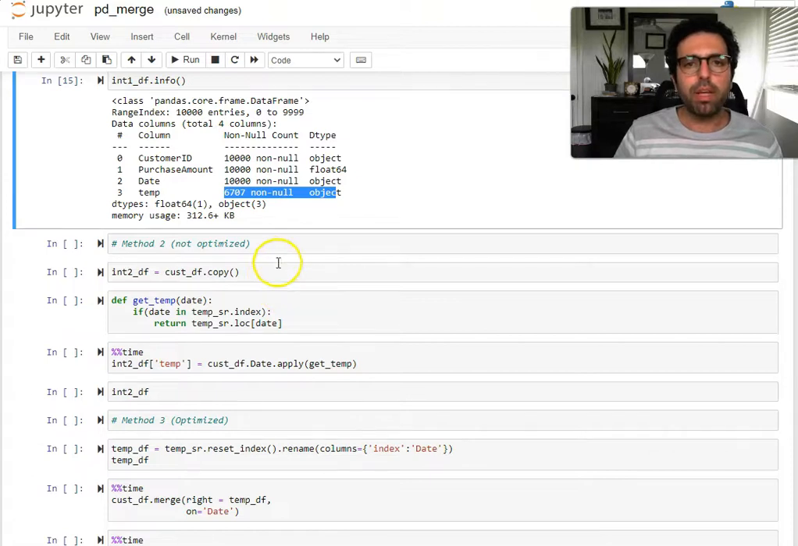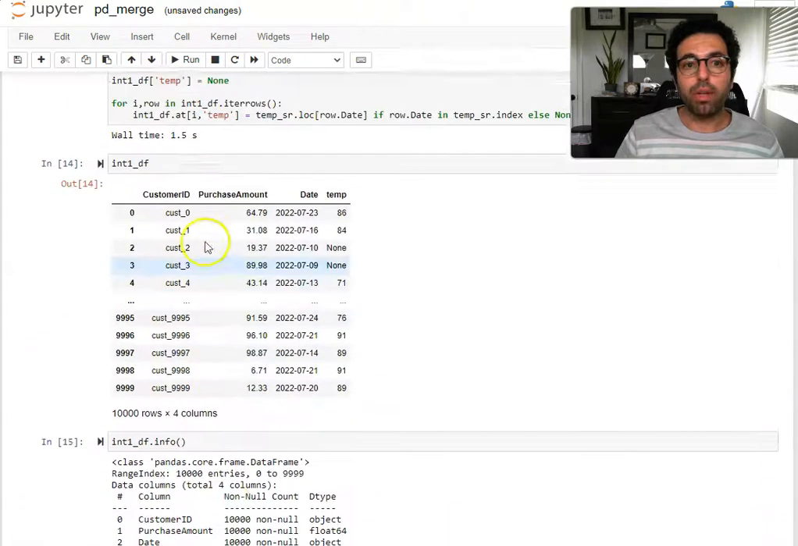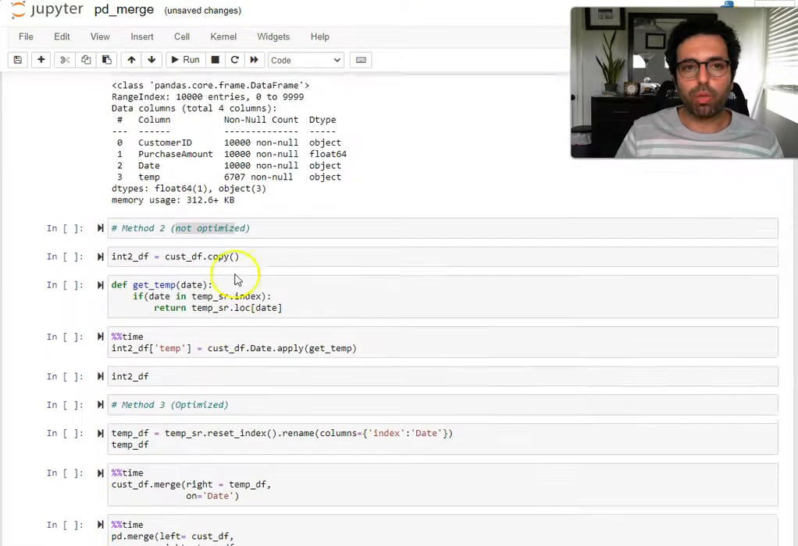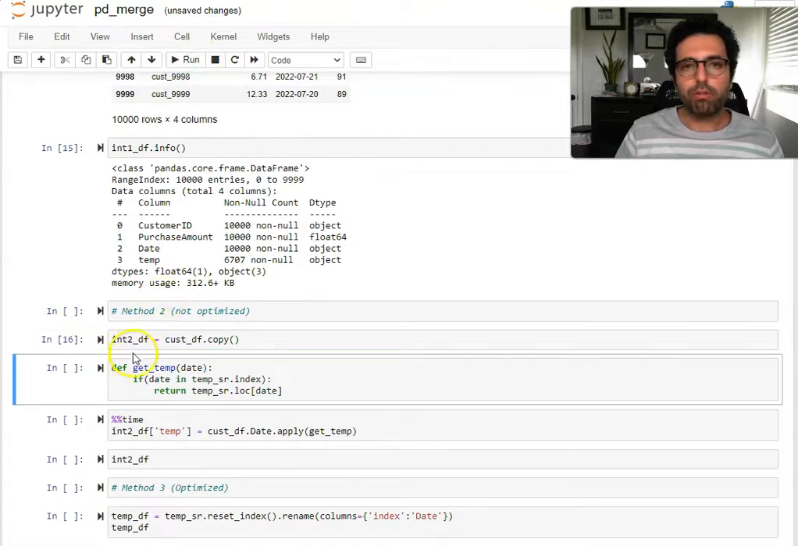The second method is using the apply function. This is still a better method than the previous one. We can see the improvement that we make from 1.5 seconds, but it's not an optimized way to go about this. For this one, first, again, we create another integrated DF to be able to compare these, but we basically